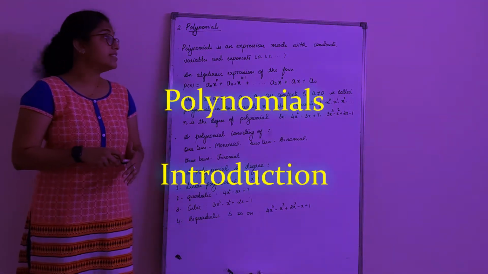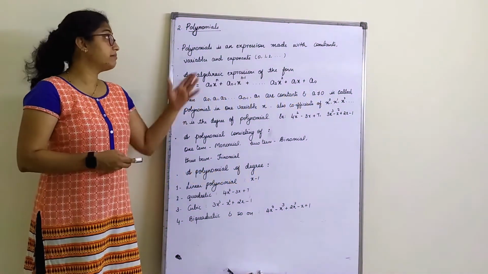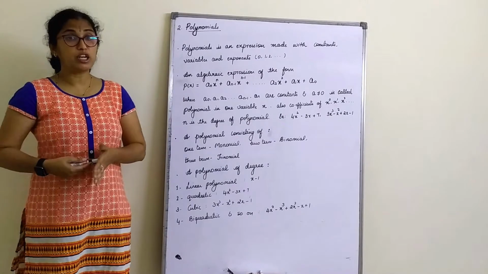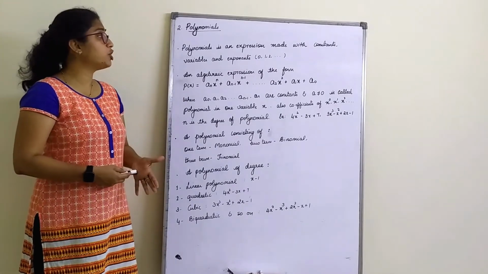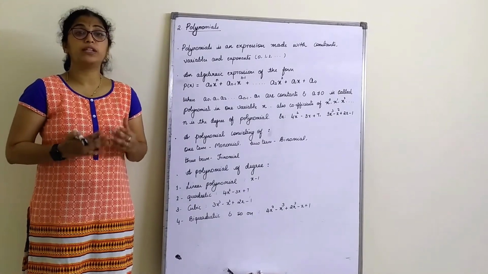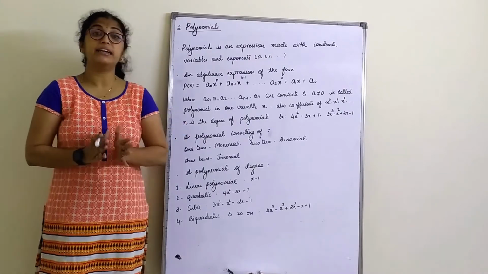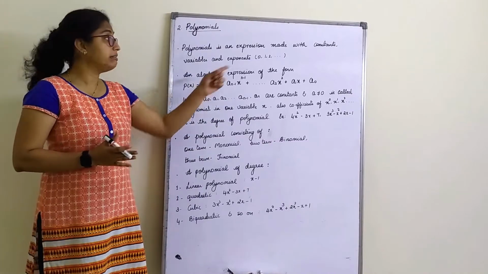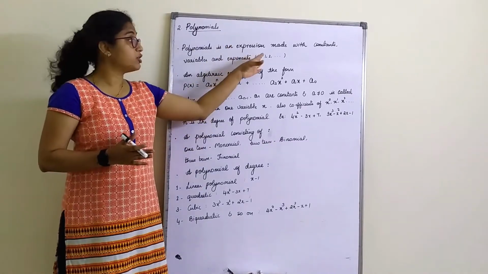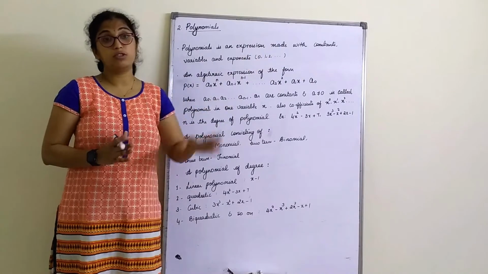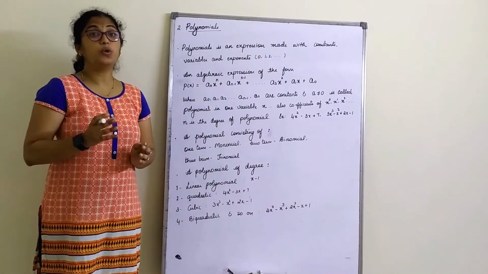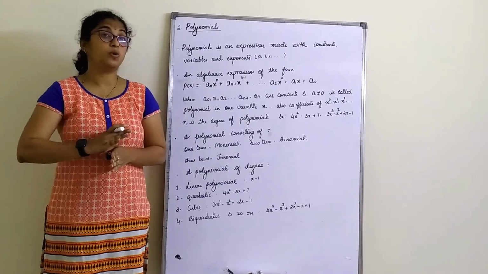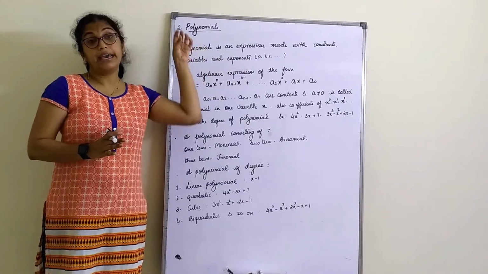Good morning. We will start with the second chapter from mathematics, that is polynomials. So, the definition of a polynomial, if I have to tell: a polynomial is an expression made with constants, variables and exponents. The exponents of the variables are of the form where it is raised to 0, 1, 2 and so on. That means we only have whole numbers as exponents